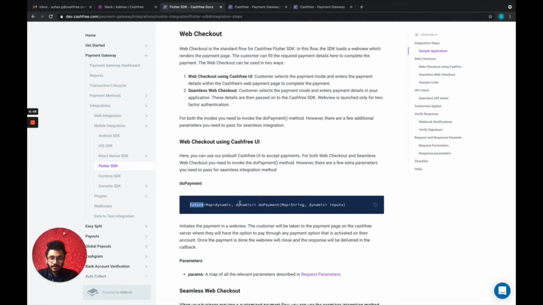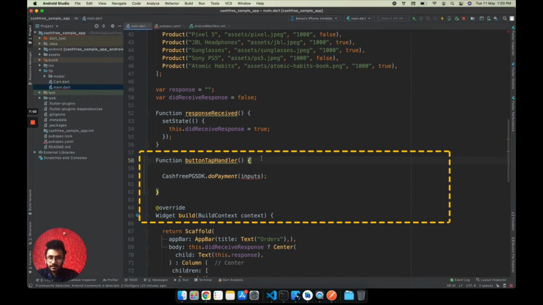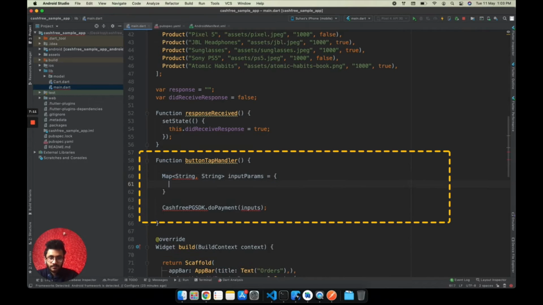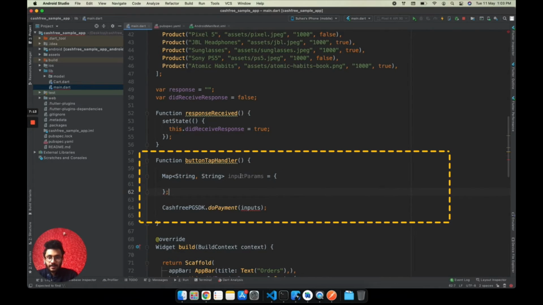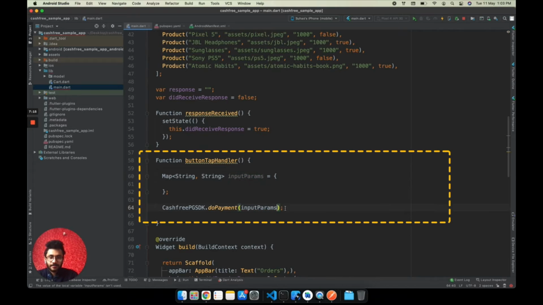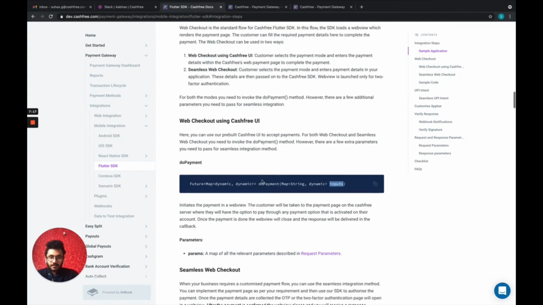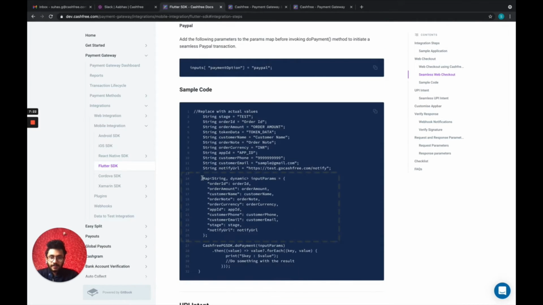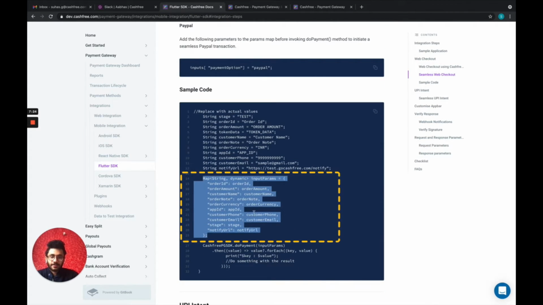So let's create this input parameter first. Let's copy this and paste it here. Scroll down in the documentation and you'll find this. So this is the input parameter that we have to send. It should consist of all these key value pairs: order ID, order amount, customer name, and so on.